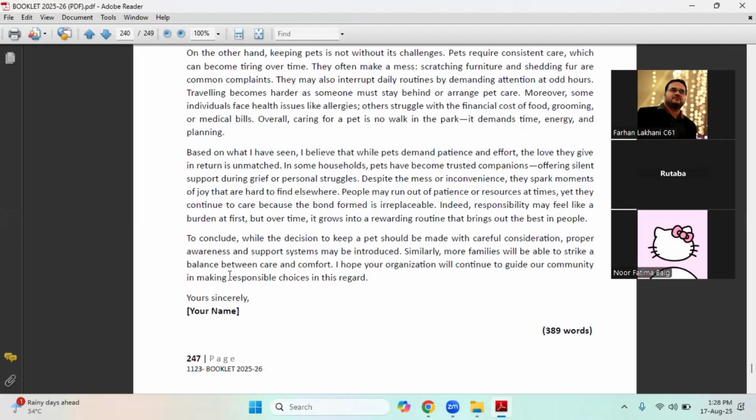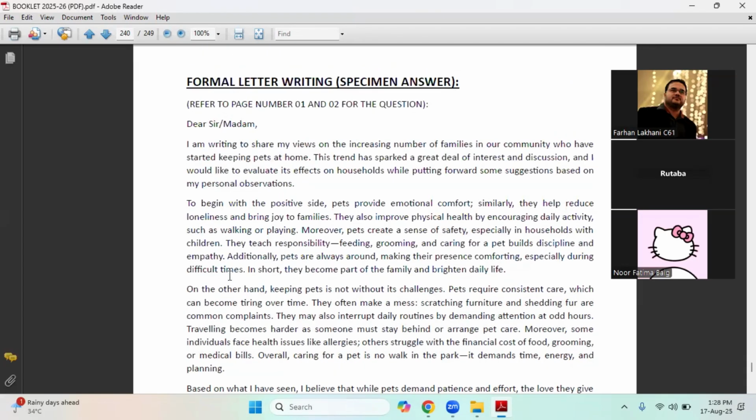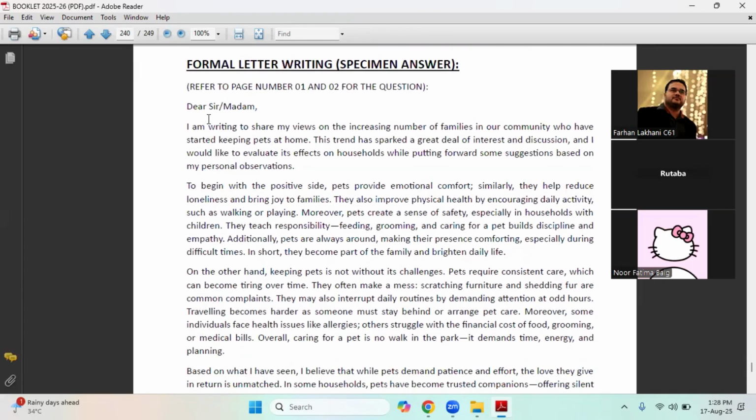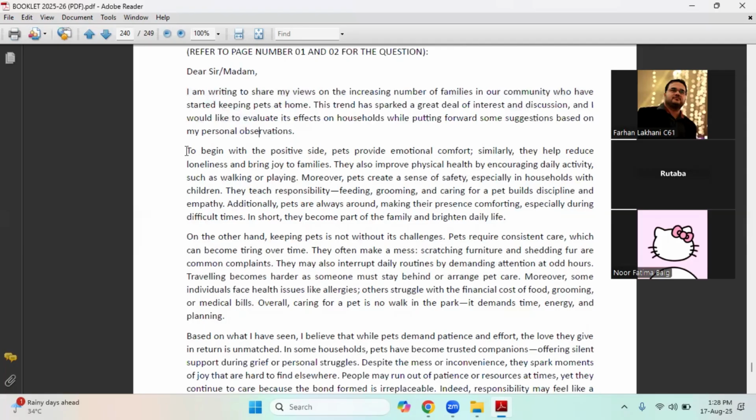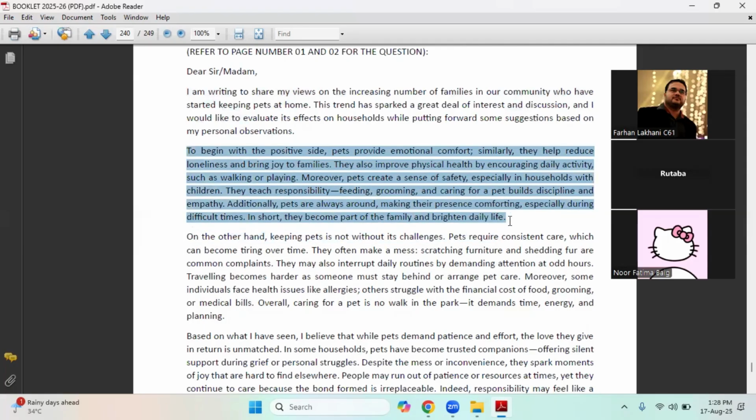Okay. I want you to go through this particular letter that I've written. What do you need to analyze? Please write down what I am analyzing. Number one, you need to analyze the introduction paragraph that I've written by using the question. I told you, all the things we underlined in the question are mentioned here. Okay. Then number two, you need to read the second paragraph. This is about advantages of keeping pets at home,